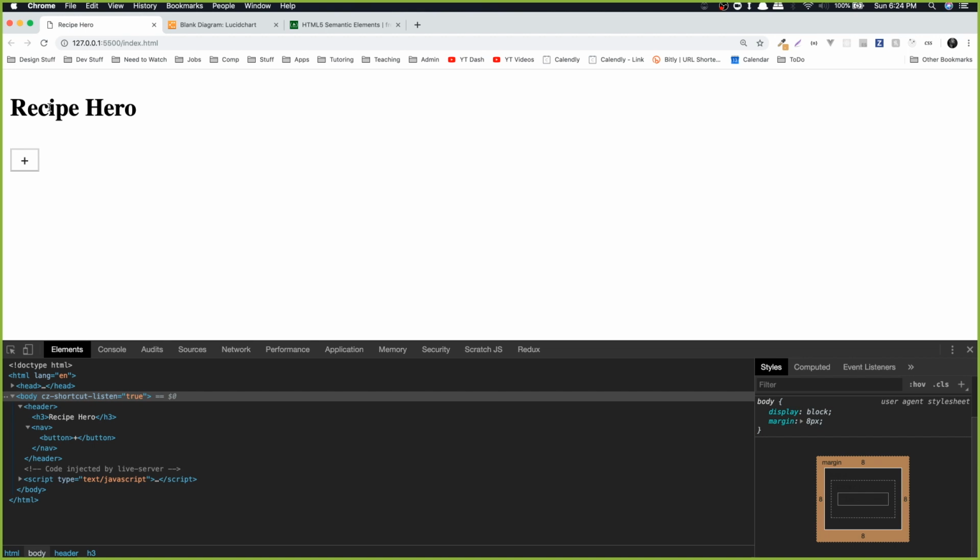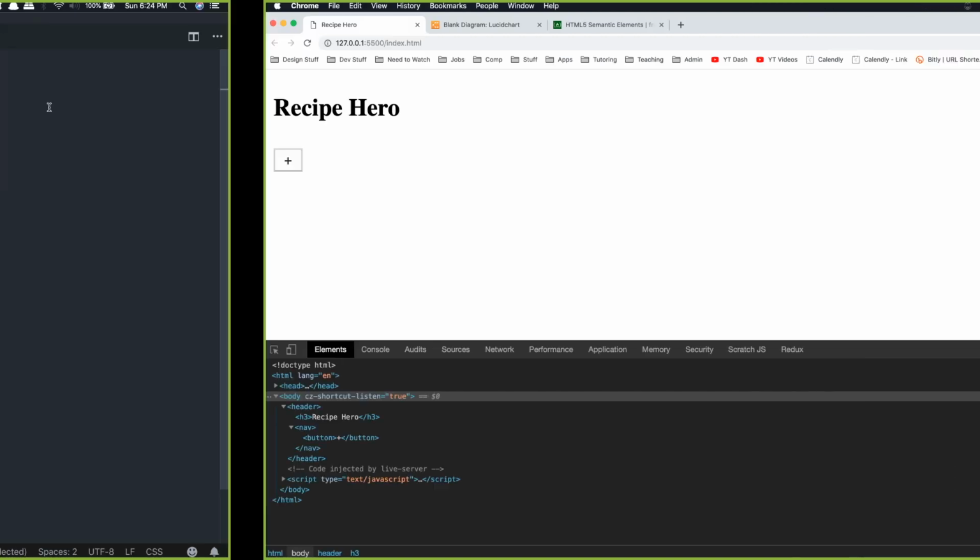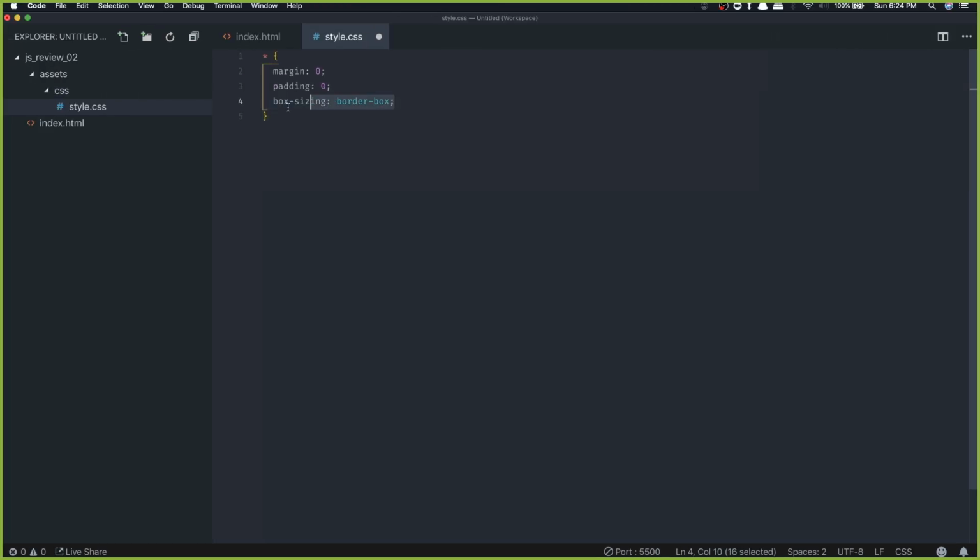But if you want everything to instead be pushed inward, instead of increasing outward, you can use this box sizing border box. That way you can make it easier on yourself to adjust your padding and your borders in the future. So that way padding and borders